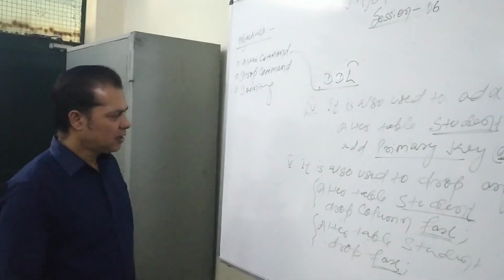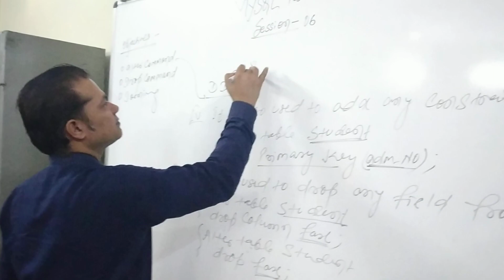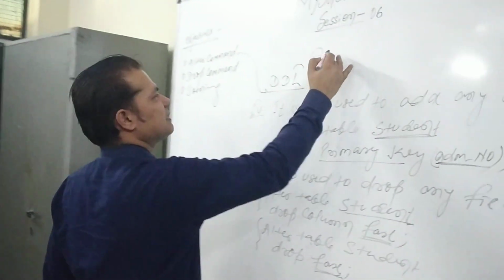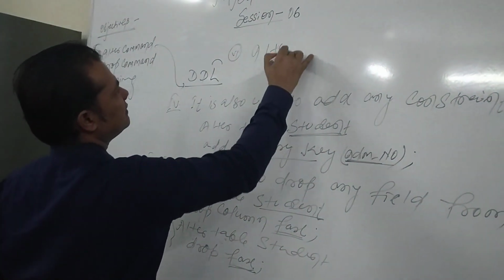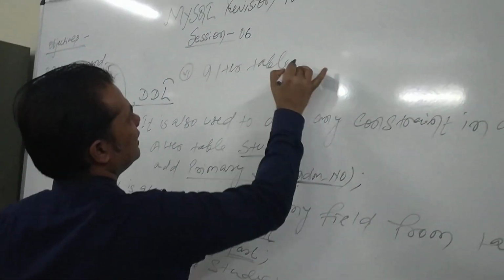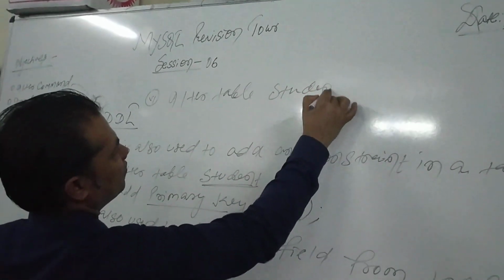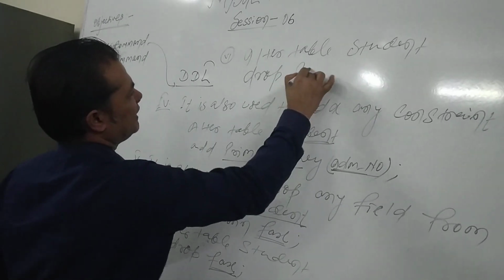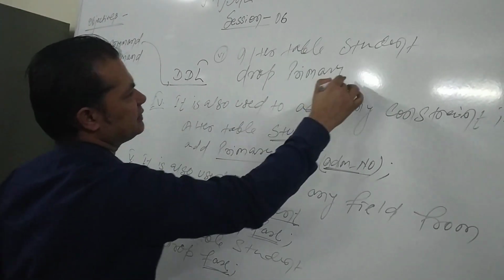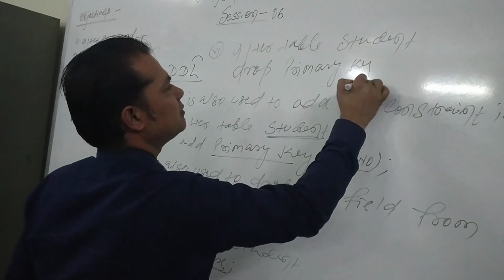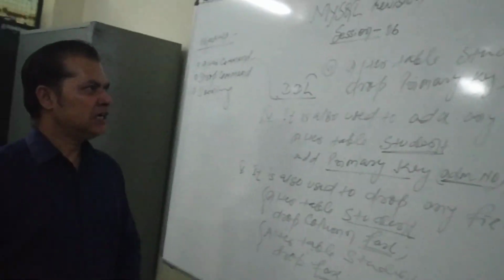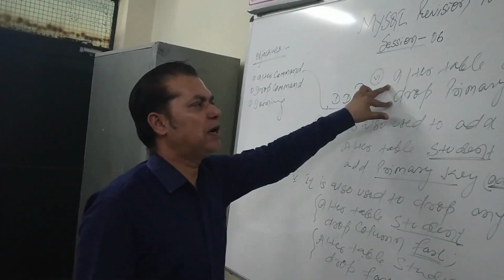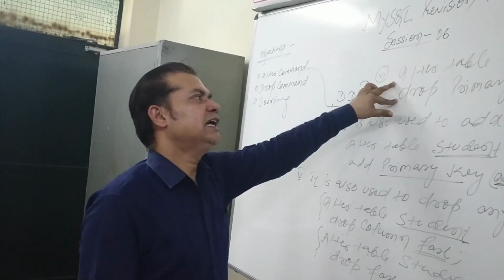And the last is how to drop a constraint from the table. Simply say alter table name and then drop. You may write the constraint type, that is primary key. Alter table student drop primary key will simply delete the primary key constraint that you applied early on any field. It will delete it.